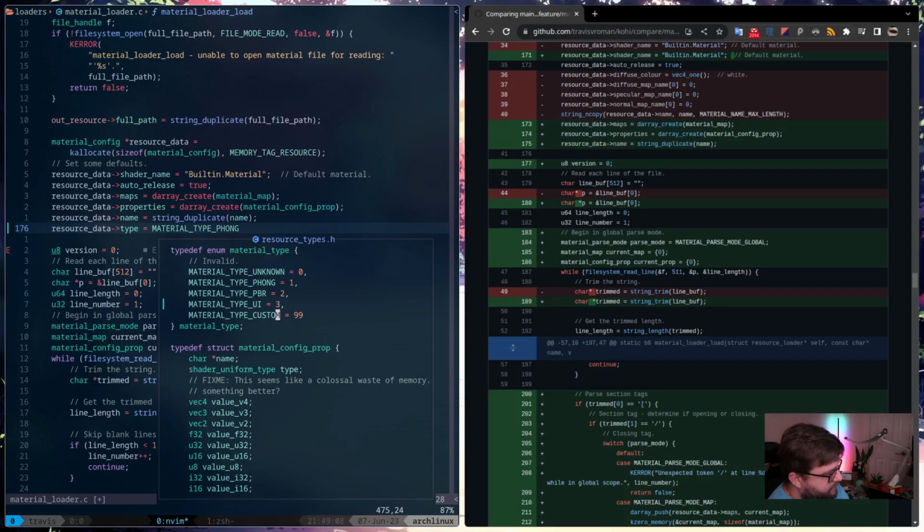categorize it as custom. But the problem with that is the custom logic isn't quite as quick because it has to sort of do everything dynamically, which is never going to be as quick or efficient. Whereas our material type for UI is more specific, right?